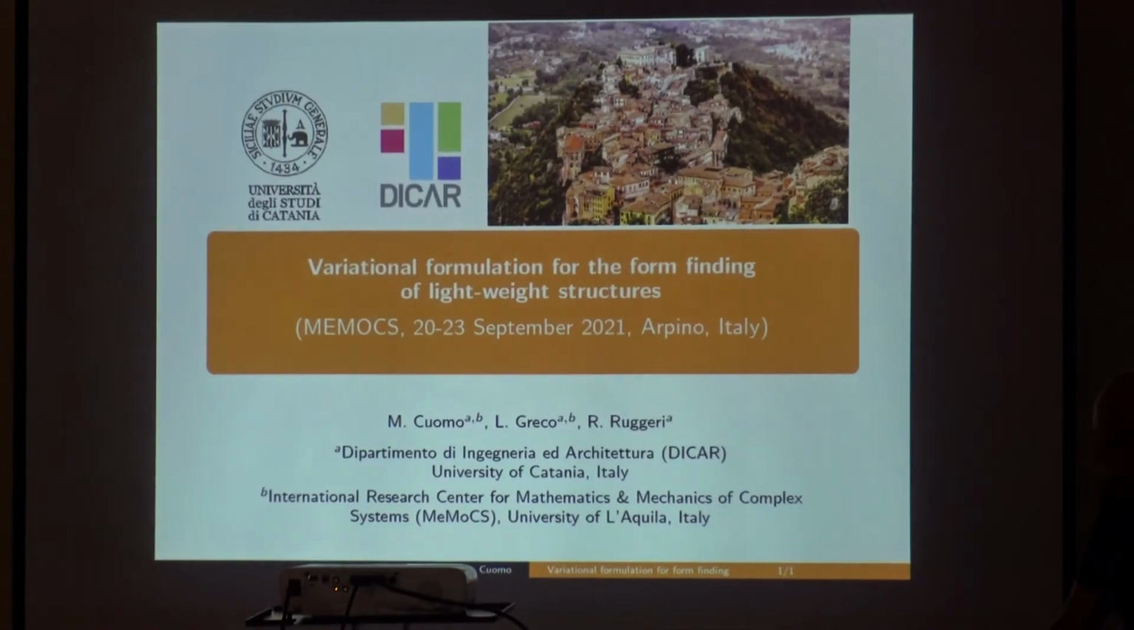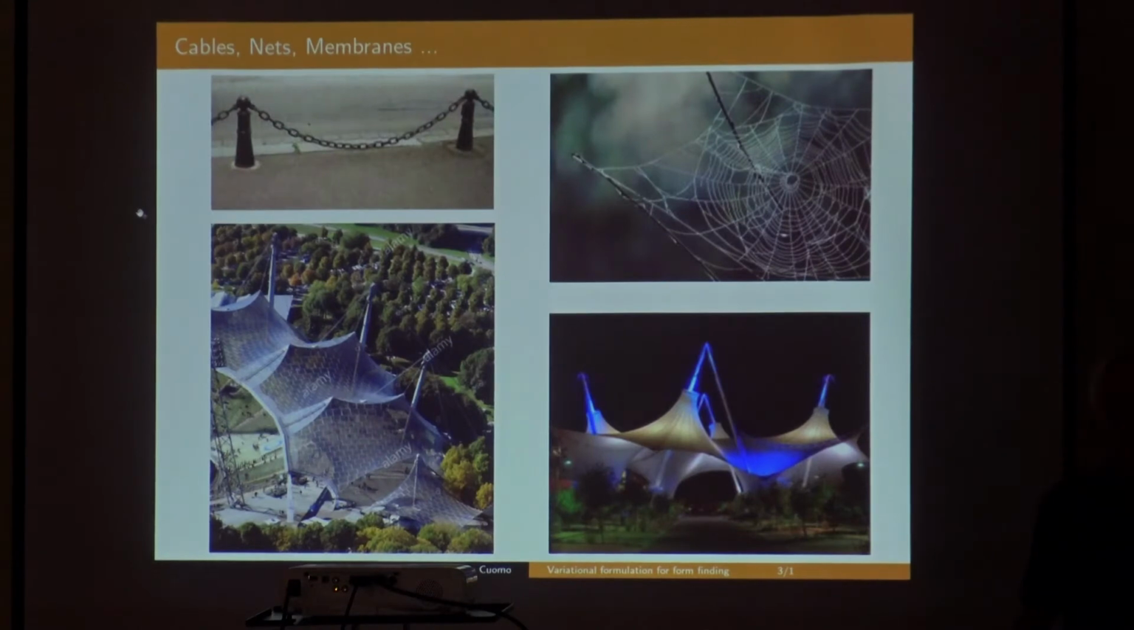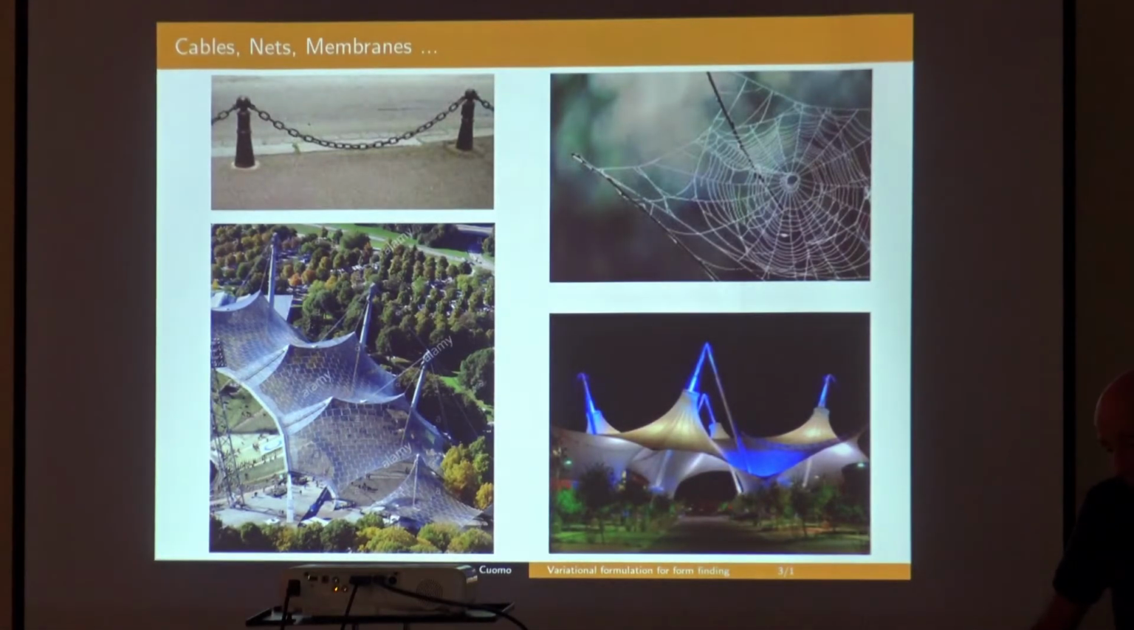I'm talking about form finding. We had already a presentation about this morning. And we are talking about structures. Well, we can maybe look at these kinds of structures. What is common to all of them is that, contrary to classical, say, solid structures, they do not have a reference configuration. So we cannot define a reference configuration for these structures